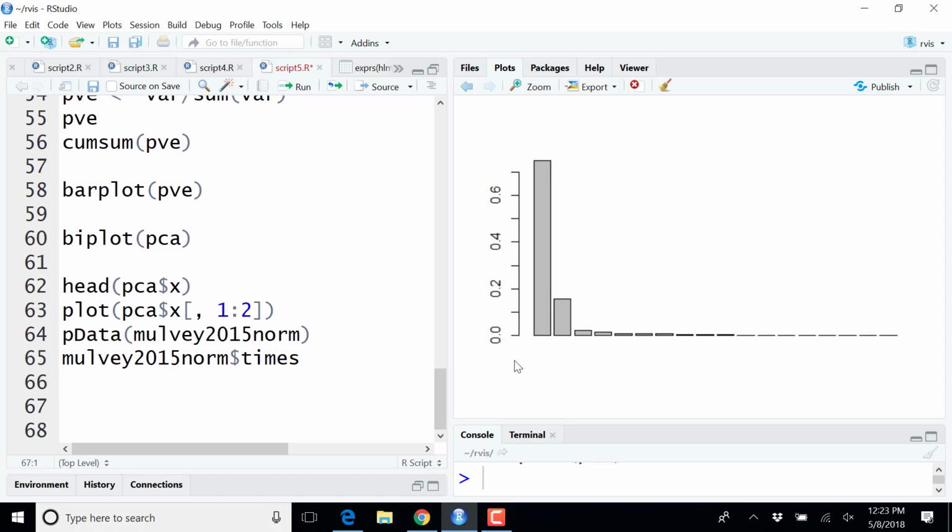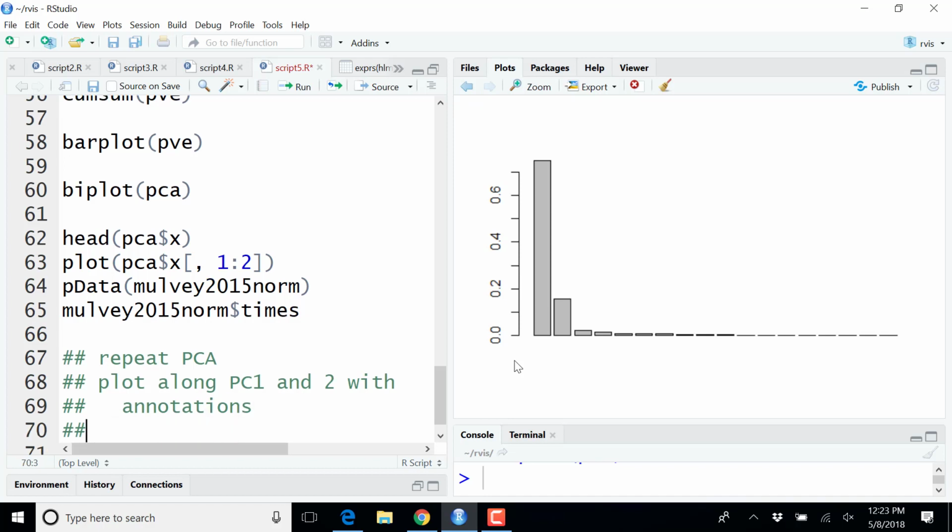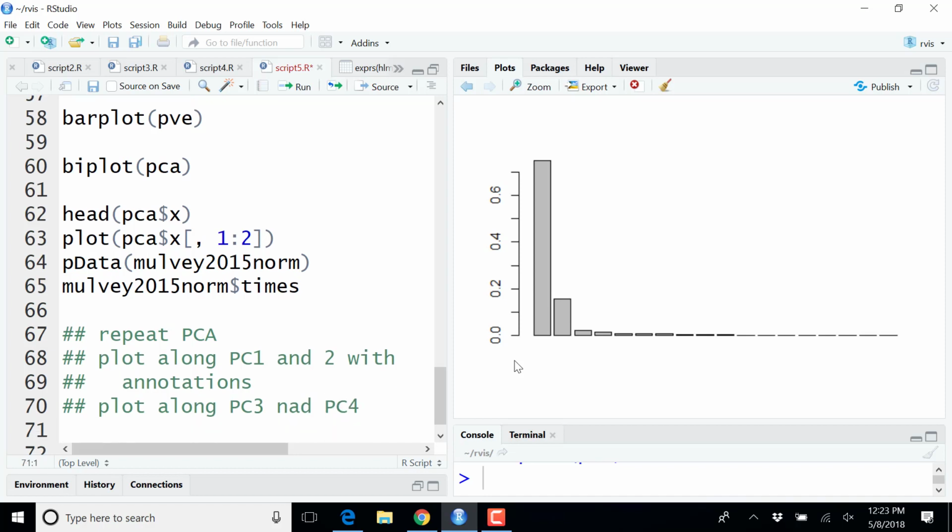So let me type this here. Repeat PCA, plot along PC1 and 2 with, along PC3 and PC4. Bar plot of